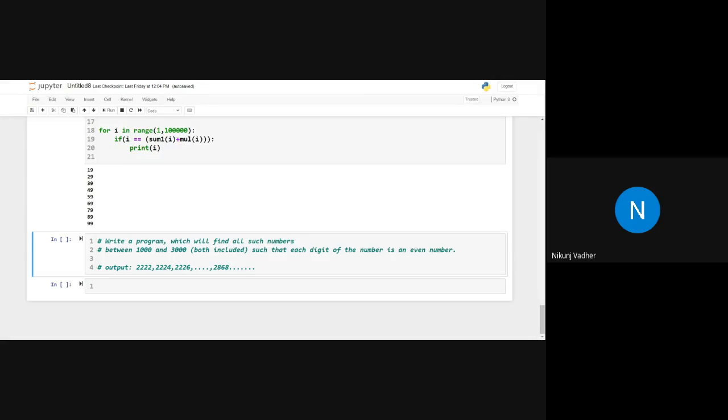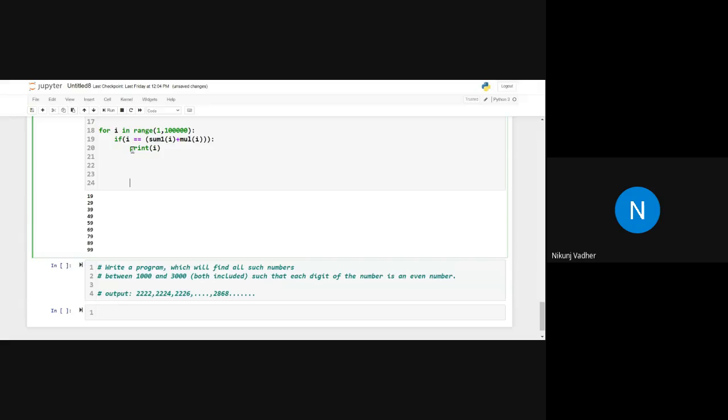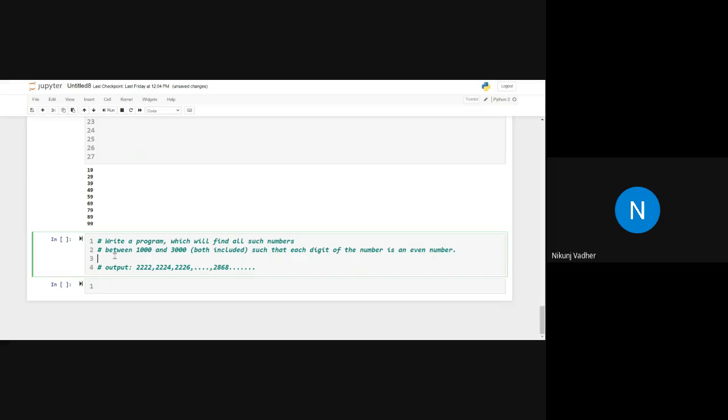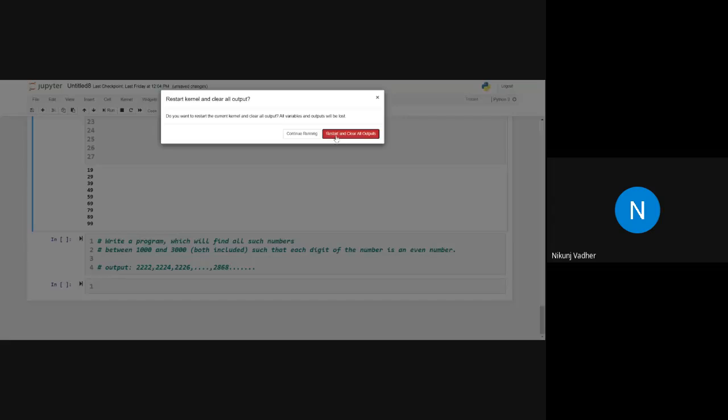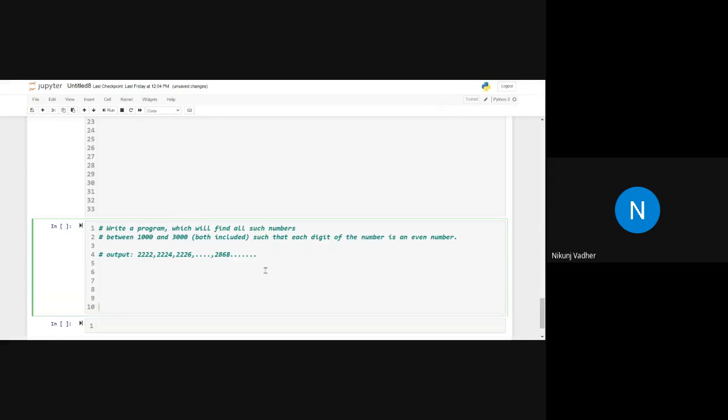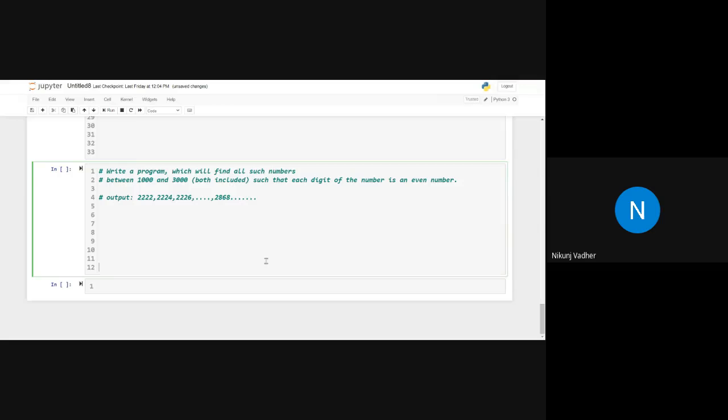You are supposed to find all the numbers between 1000 and 3000 such that all the digits in that number should be even numbers.